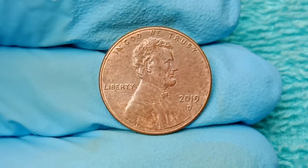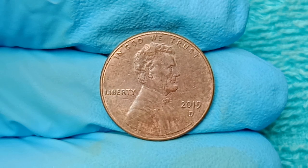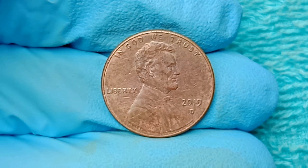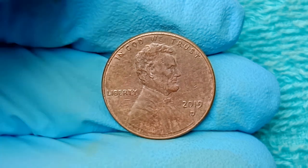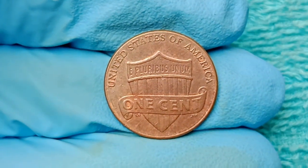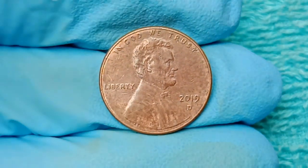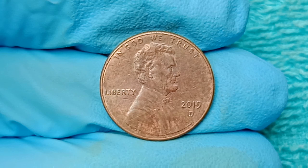any remaining high-error 2019 D cents, and part of the coin's allure comes from the extremely low known population of such error coins in certified high grades, with the Professional Coin Grading Service, PCGS, and Numismatic Guarantee Company, NGC, jointly confirming fewer than 35 known coins displaying the full suite of major errors, and even fewer in pristine MS67 or MS68 condition, which instantly makes them among the rarest and most desirable U.S. coins ever struck, not just for the year but for the entire modern Lincoln Shield cent series,